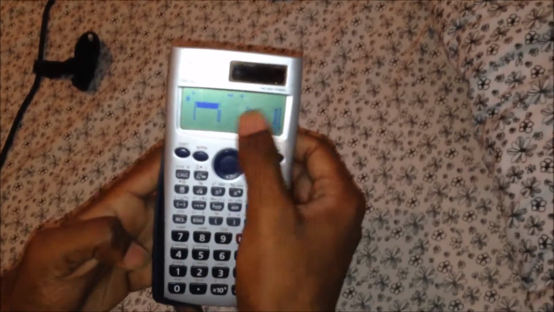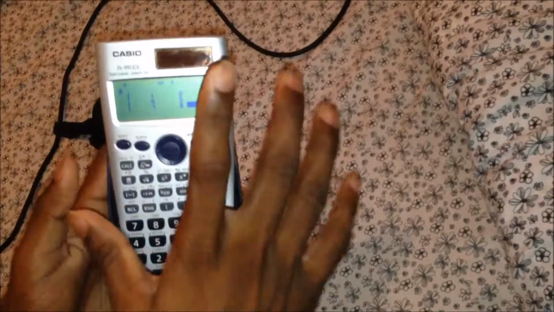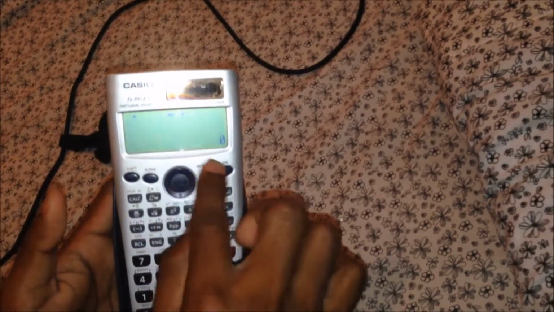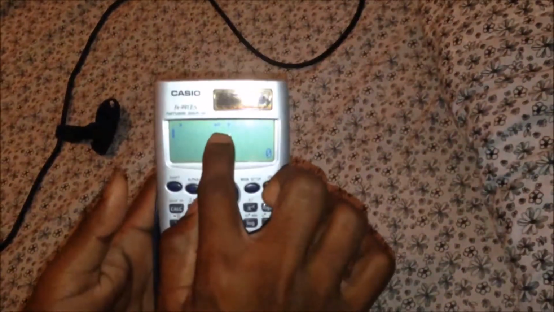Okay, so it is asking me to fill these elements. I will fill like 1, 2, 3, 4, 5, and every time when you are filling the matrices, select an element and press equal to, and 7 equal to, 8 equal to, 9 equal to, and at the end again type equal to. So this matrix is filled with the elements. Then select AC. Okay, now matrix A is filled with elements 1, 2, 3, 4, 5, 6, 7, 8, 9. Now we will go to, if you see the mat symbol here, there is no need to go into mode setup, and again you have some shortcuts here.